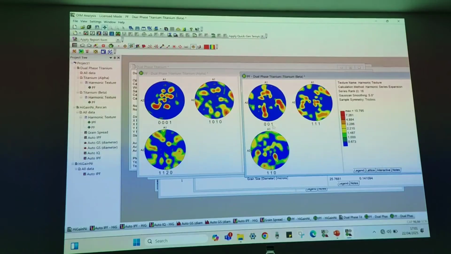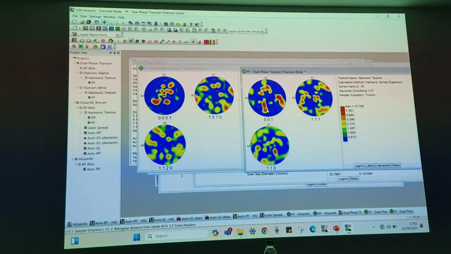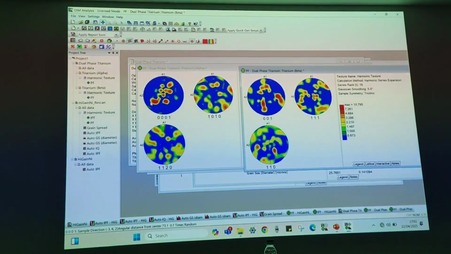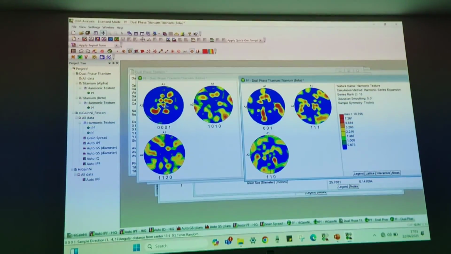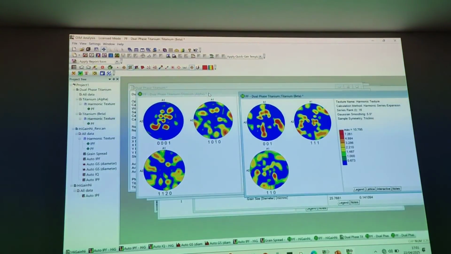It is more concentrated somewhere along the 001 axis. In case of the hexagonal structure, it is more along this 0001. It is basically a basal plane.